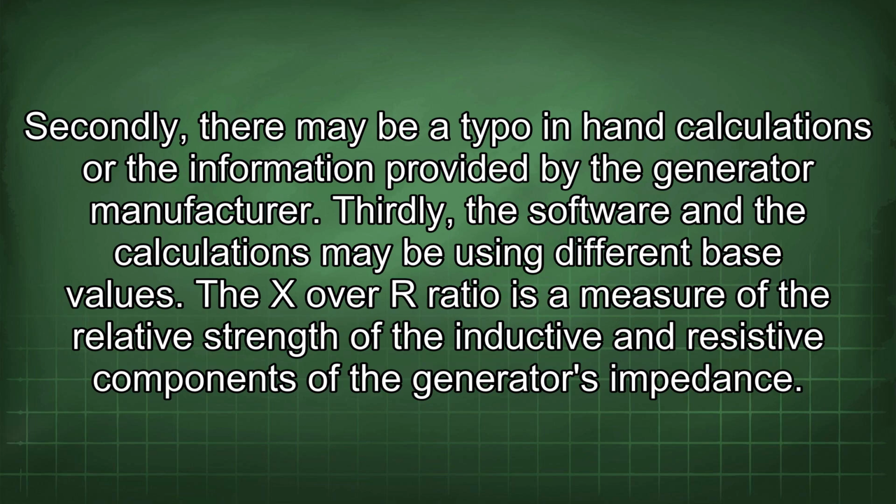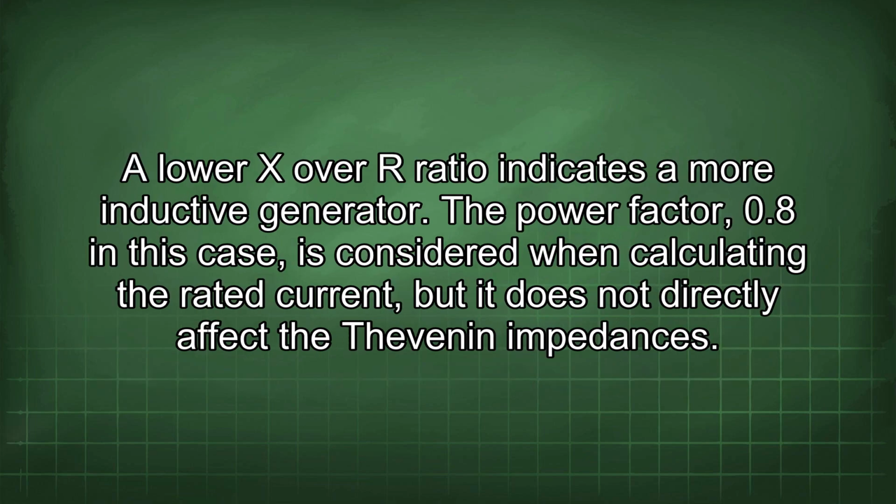The X/R ratio is a measure of the relative strength of the inductive and resistive components of the generator's impedance. A lower X/R ratio indicates a more inductive generator. The power factor, 0.8 in this case, is considered when calculating the rated current, but it does not directly affect